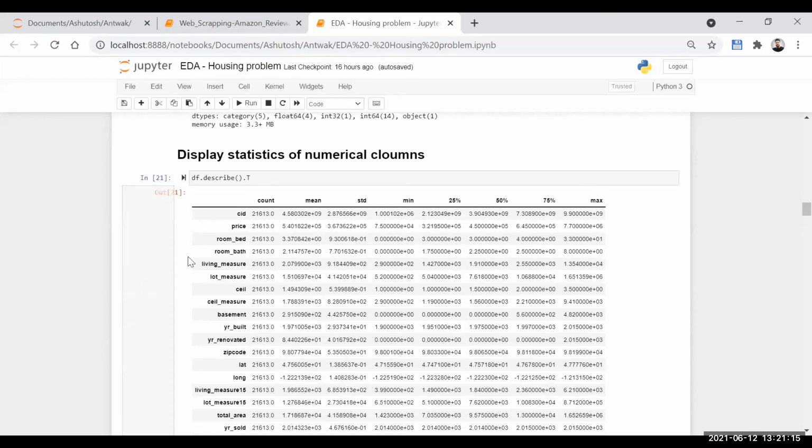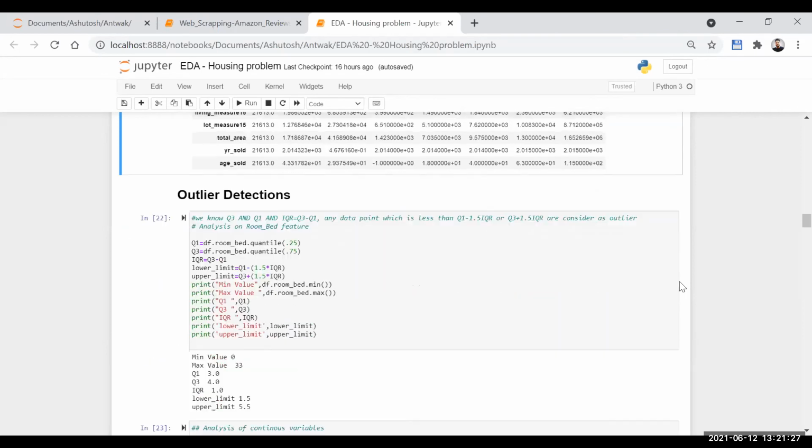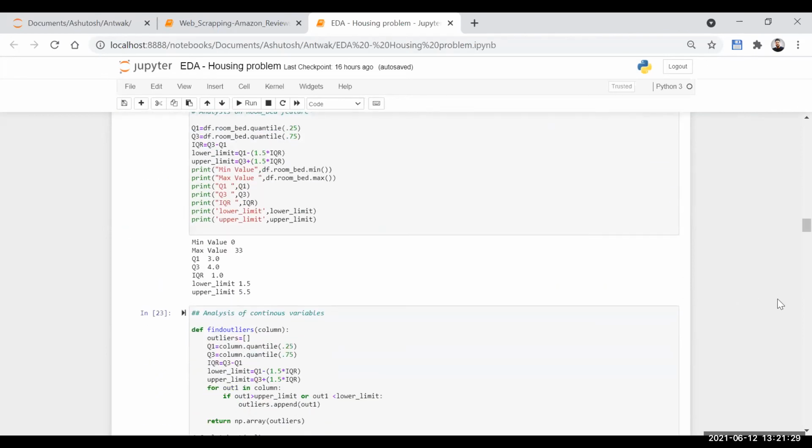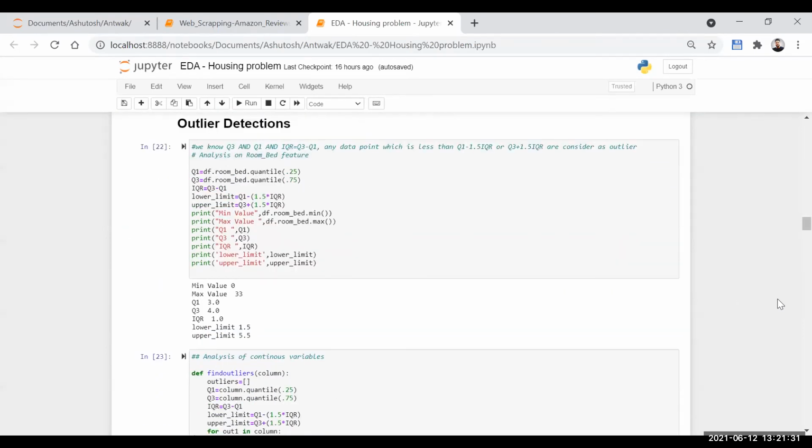So for example, for bedroom, what will be the mean of that particular data set, and what will be the standard deviation, max, everything. So this will be there. Then outlier detection: how you are going to remove the unwanted data from your data set. There are some steps which you follow, and you will get to know about all of them once you start